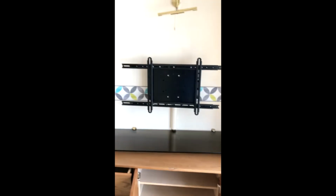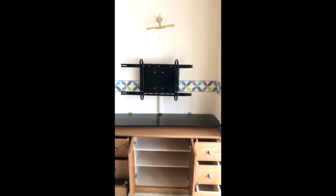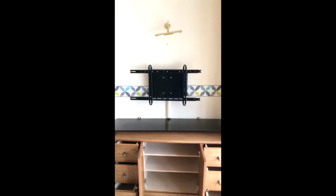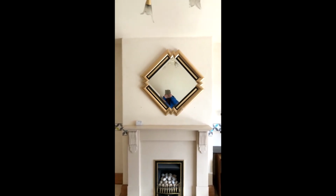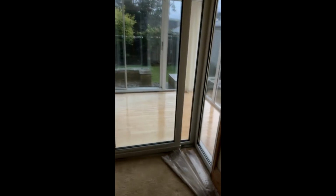Back room, dining room, we just put a border on, replaced the border that was there. Walls themselves, perfectly fine. Carpet, what you'd expect after so many years of use and wear and tear. Did our best to keep it clean. The wardrobe, the cabinet unit there, all the drawers empty, and the TV stand is still on the wall that was there before. Originally the TV was broken, so we replaced it with our own TV, didn't leave it here. The mirror is the original mirror that wasn't in the centre, but it's been there for 18 months and we haven't bothered moving it. Into the conservatory,